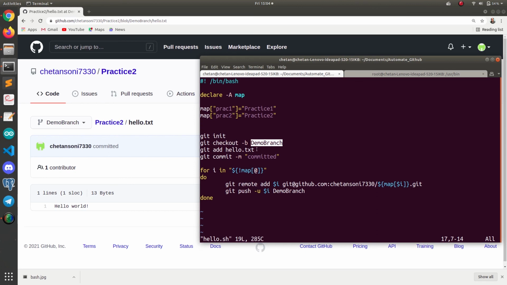Then we add this txt file inside this branch and commit it, and then add both the practice1 and practice2 URLs using the git remote add command, and finally we push. So yes, guys, I have shown you a simple example. You can take any command, any of your git operations, using this shell script. You can use any command to automate your task.